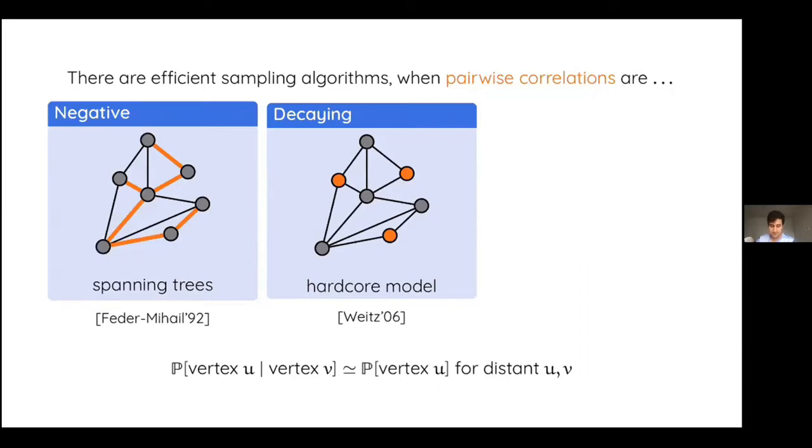The famous example of this is the hardcore model, which was first studied by Weitz. But let's say you have a model and a graph. So for example, the hardcore model would be a distribution on independent sets, subsets of vertices of a graph. So in some regimes of the parameters of this hardcore model, you have this property called decay of correlation, which